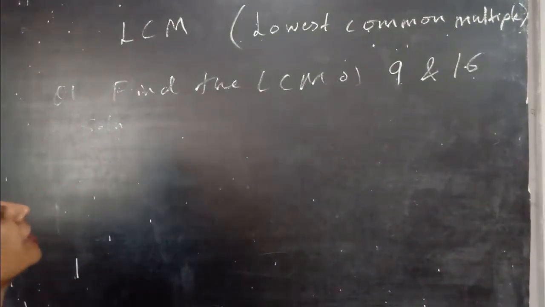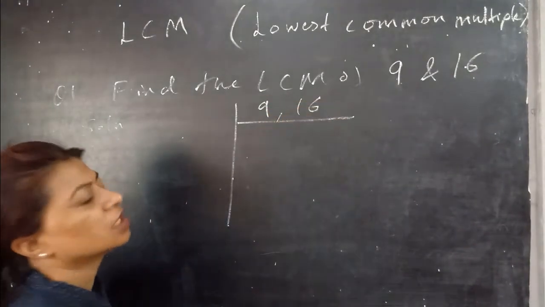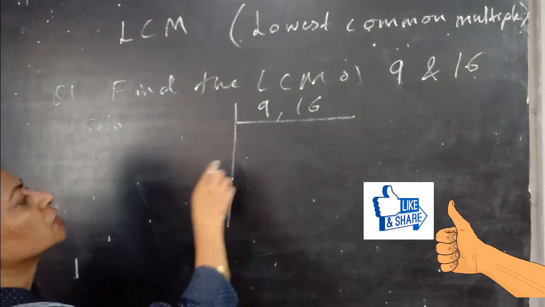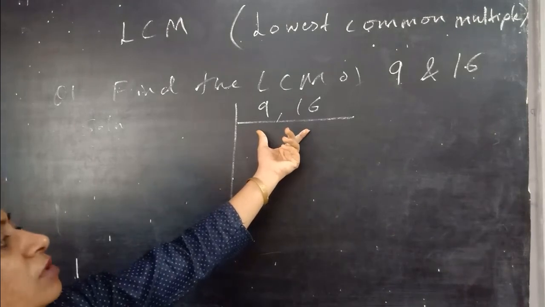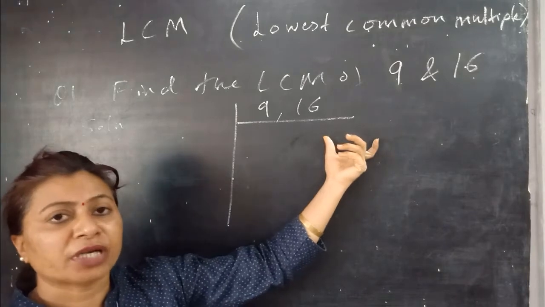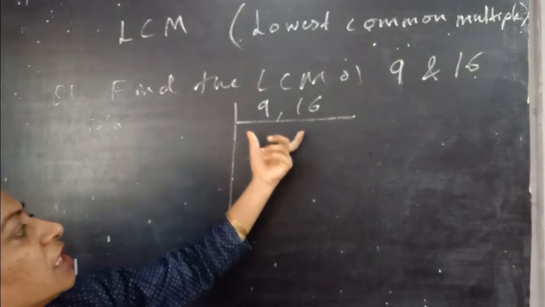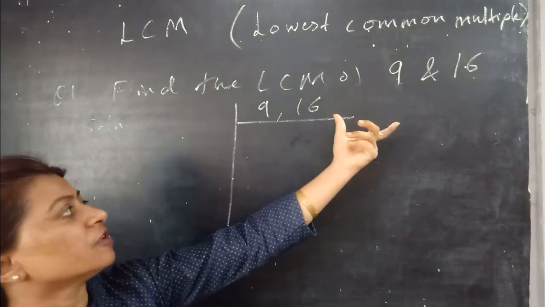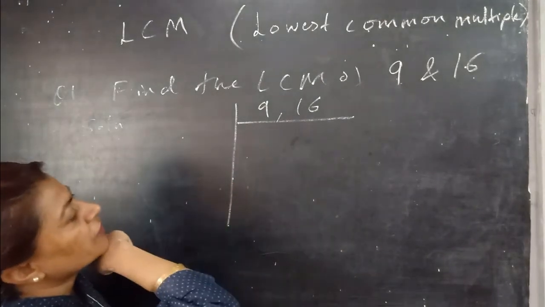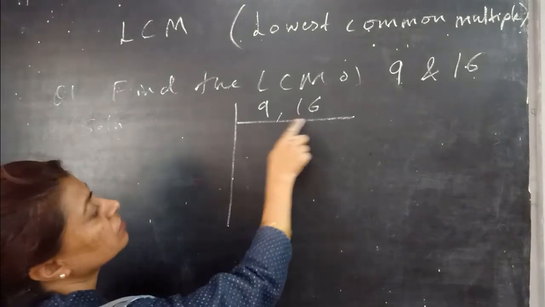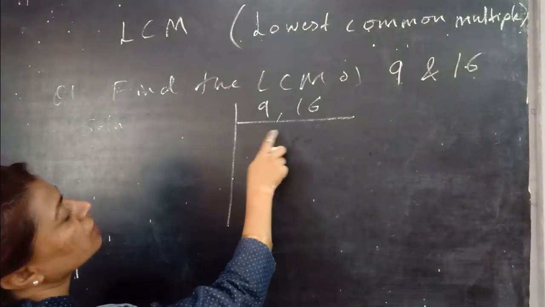Now you can also find it by taking both the numbers together, 9 and 16. It is better to take both the numbers together for finding the LCM, because some students find problems in taking the factors separately and forget which is to be taken and which is not. So for finding the LCM, take whatever numbers are given together. Taking them together, identify whether there is any common number by which both can be divisible. If there is none, then you can take one by one.